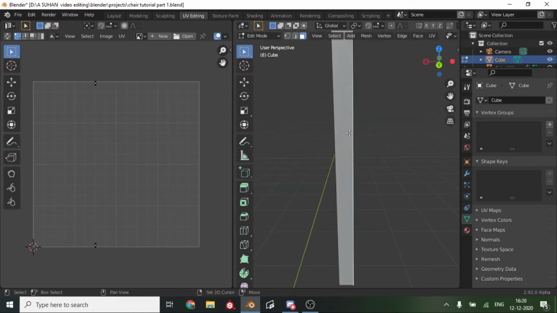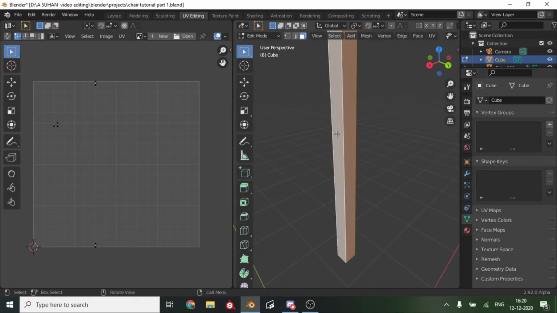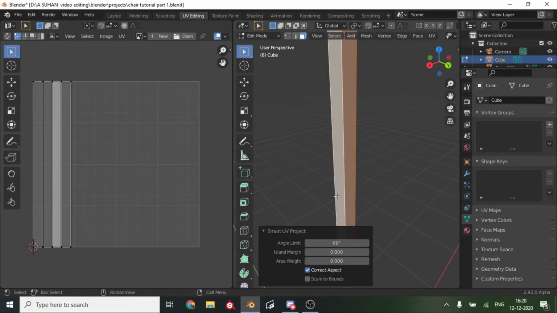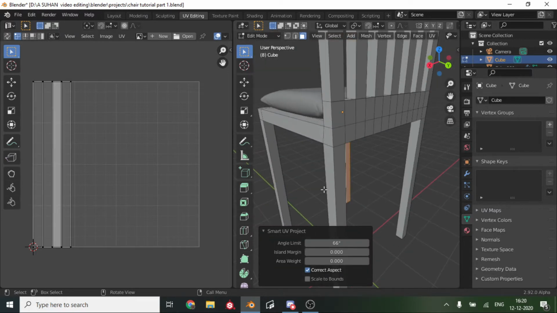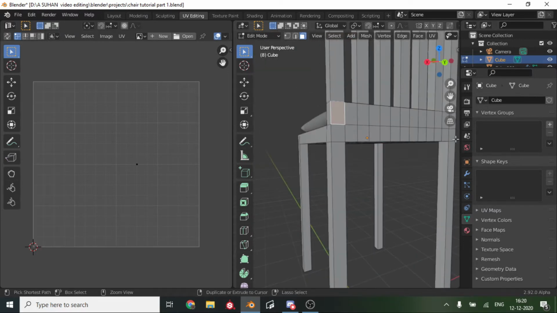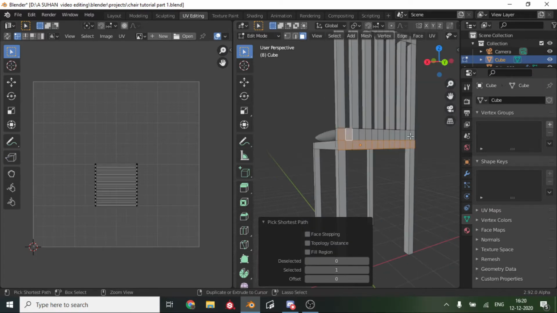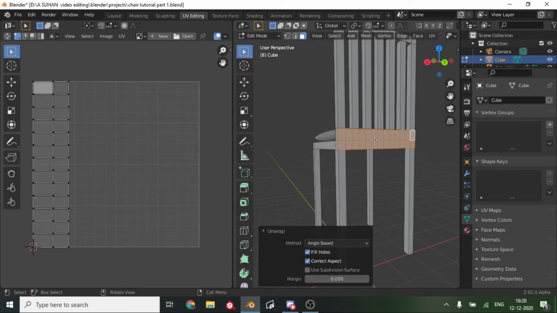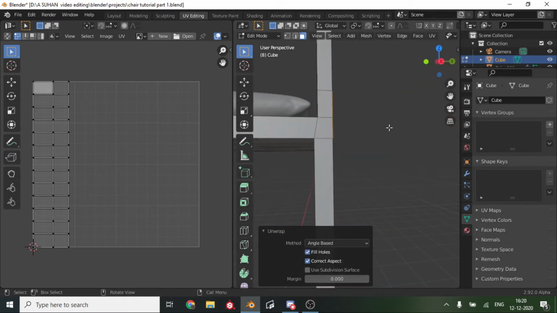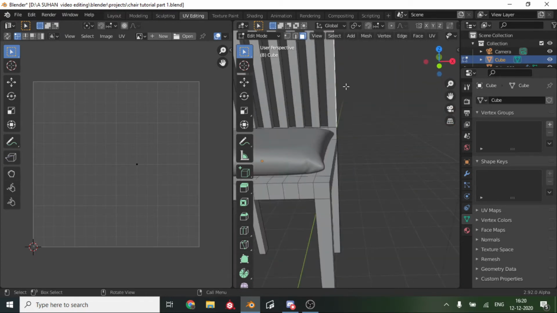Select all these, U and smart UV project. Okay, so now we will unwrap this side. Select, U and unwrap. So you can see how everything is aligning up nicely.